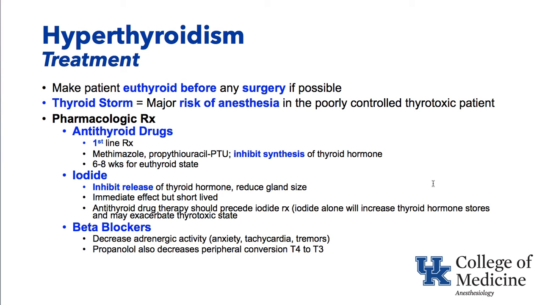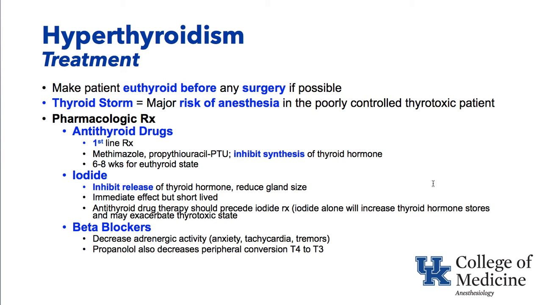It inhibits the release of thyroid hormone and can make the thyroid smaller and easier to operate on. But an important point is don't give iodine before the antithyroid drugs, because if you give iodide first, it can actually increase the thyroid hormone stores and exacerbate the thyrotoxic state. So the antithyroid drug first, iodine second, and beta blockers such as propranolol can be used to decrease the adrenergic